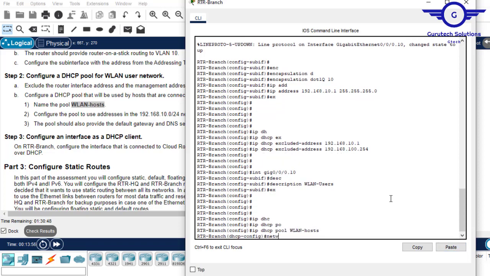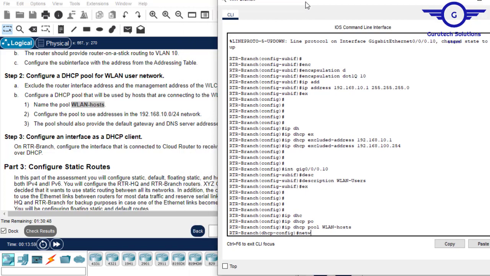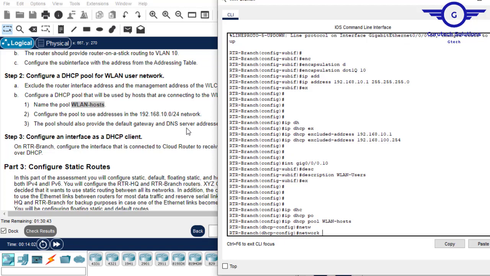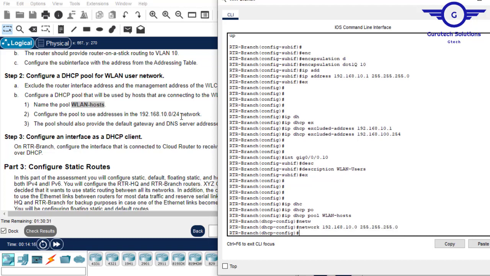Then I say network of, as you can see here, 10.168.10.0 255.255.255.0. Hit enter, and then the pool should also provide default gateway and DNS